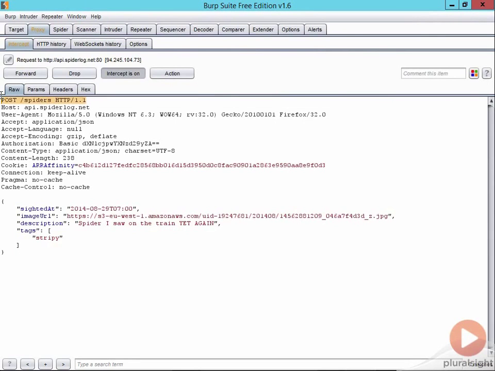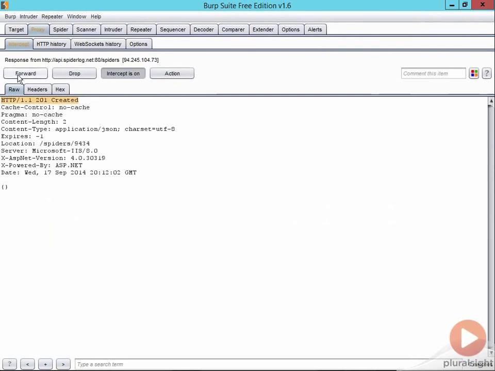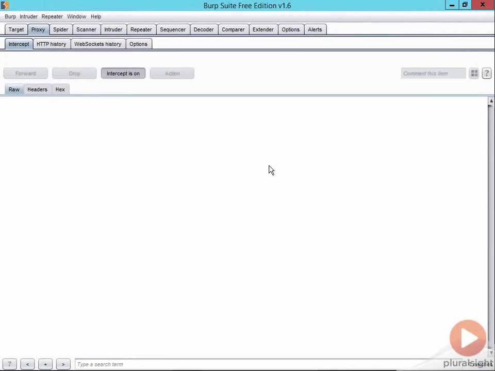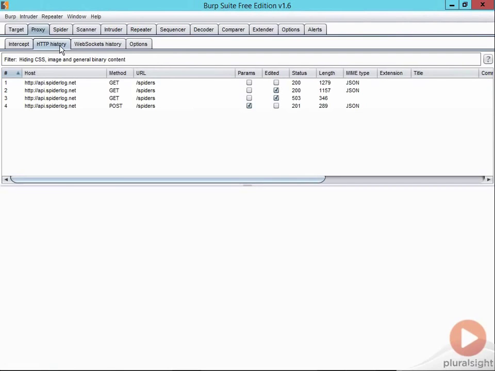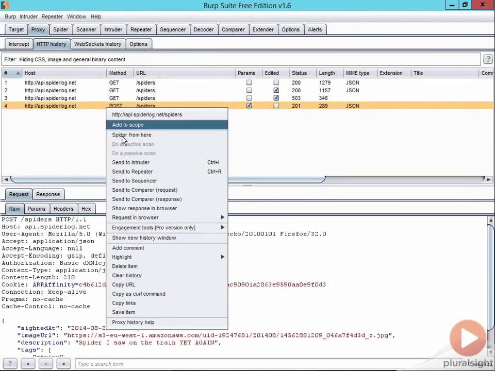That's going through Burp, so I can intercept the request and response, but I won't alter them, I'll just forward them on. Once I have a request captured in the proxy history, I can do some good things with it. I can send this to the intruder, which lets me modify the request in a structured way to look for